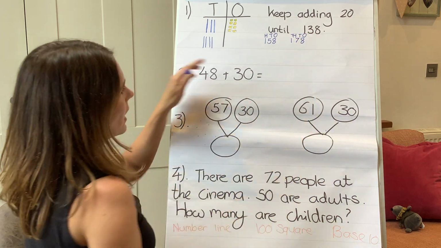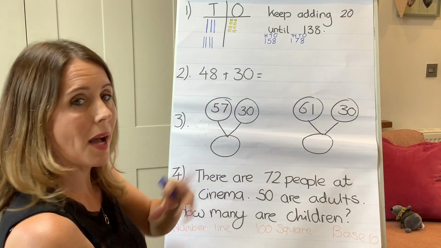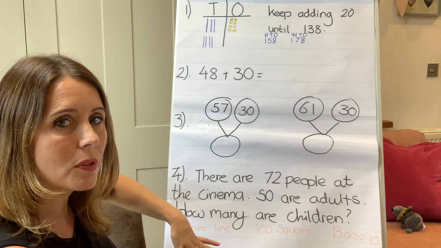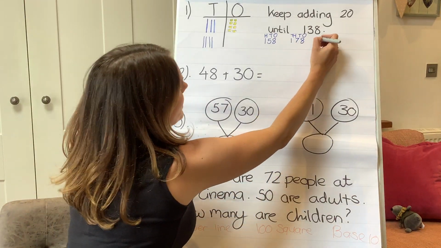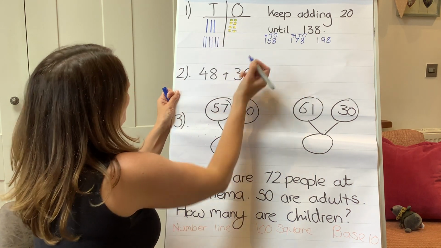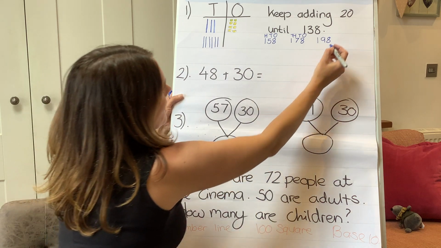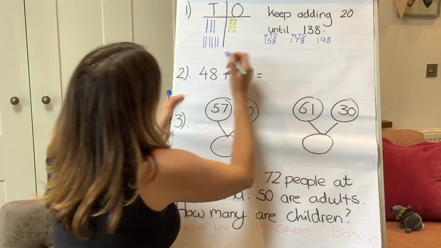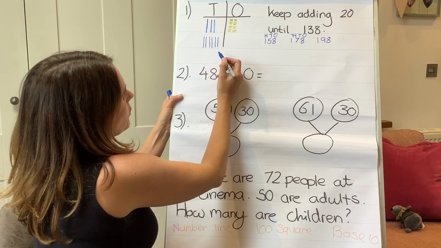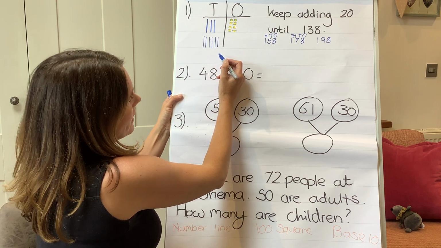The tens digit is going up by 2 because we're adding on 2 lots of 10, so it's making 2 jumps down on those 100 squares. If we add on another 2 tens, we've got 198, okay? And if we add on another 10, we're going to get to 208, and another 10 is